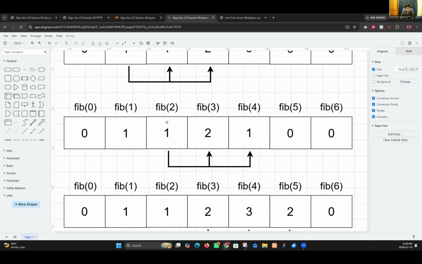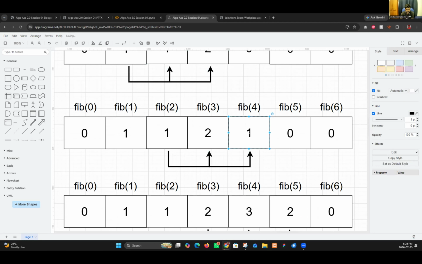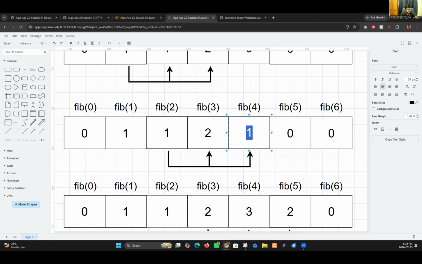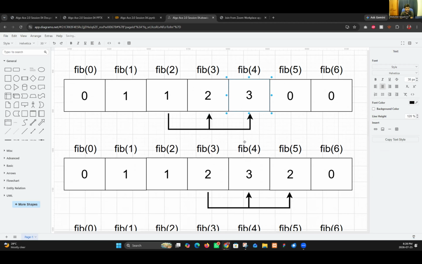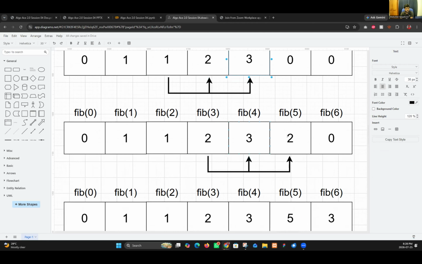When it comes to here, 1 and 2, you will see 3, since 1 plus 2 is 3. 2 plus 3 is considered as 5.